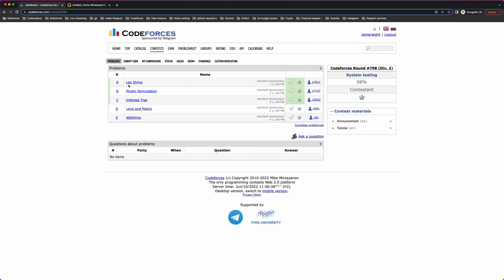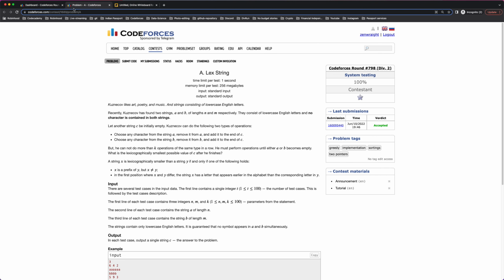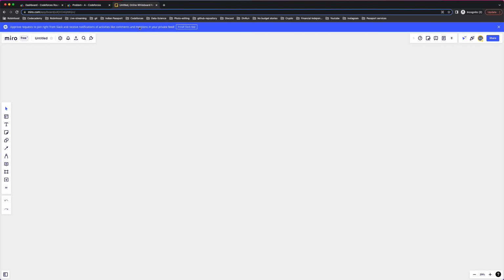So the first problem is problem A, and I won't go over all the description that is provided. I will directly jump to my whiteboard and do the explanation here. We are given two strings. One string is A, and it consists of some lowercase characters like a, b, c. And similarly, we are provided with a string B,